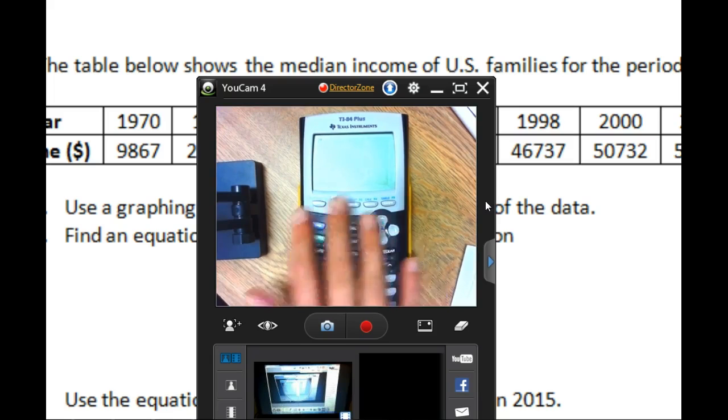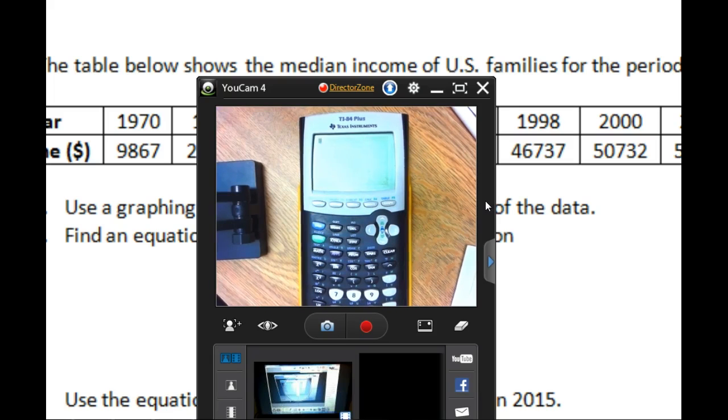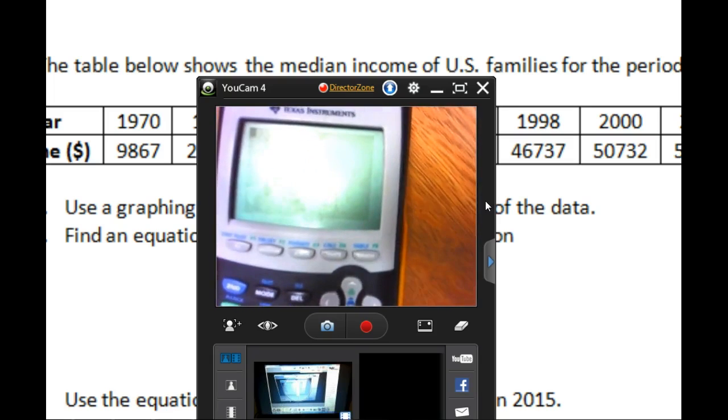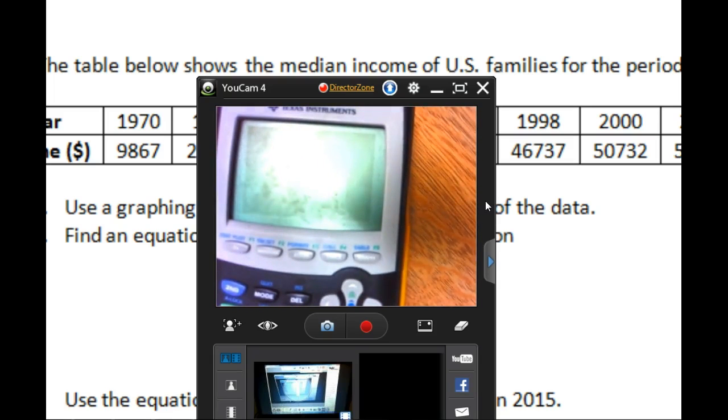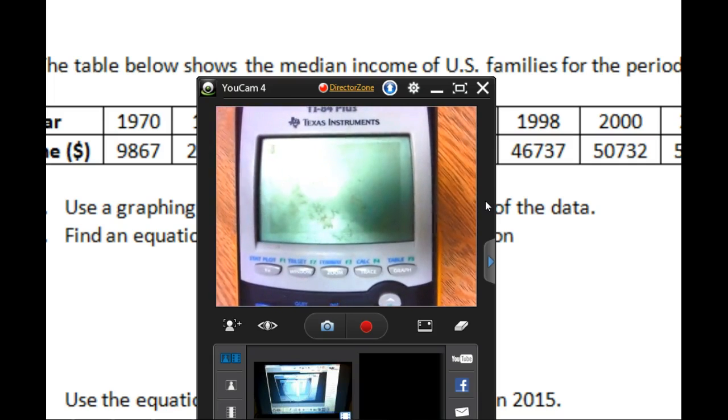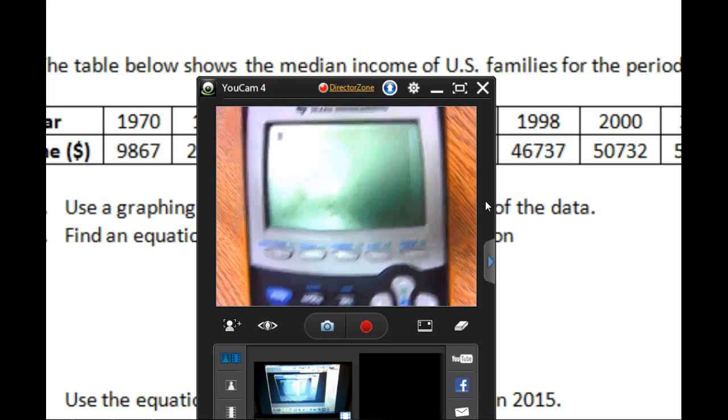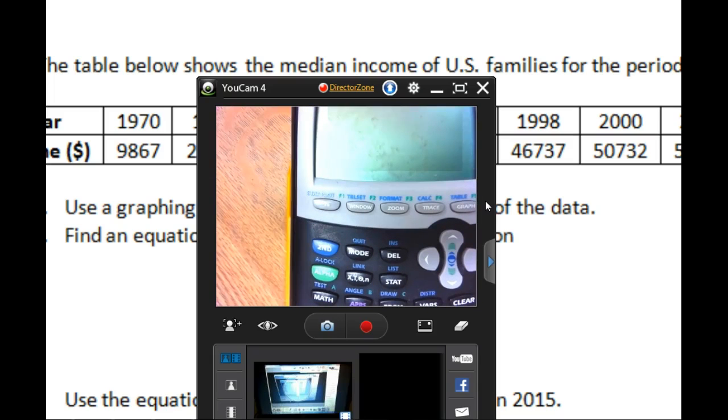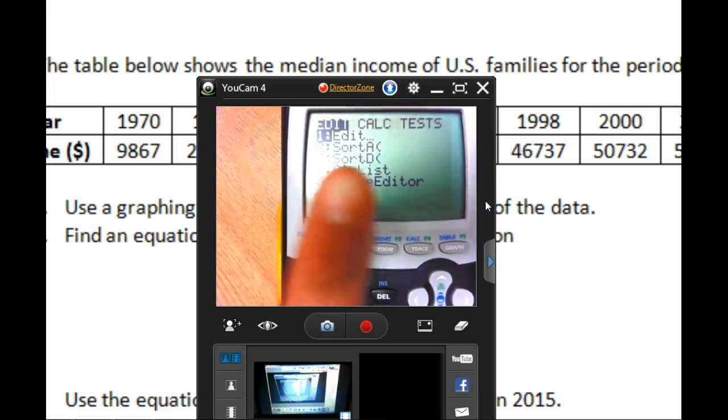All right, so on the graphing calculator, turn it on. You should see a flashing box. Hit clear. We are entering our data now. So you want to hit stat. That's the key right here below delete. So go ahead and hit stat. We are going to edit the data. So you're going to hit enter